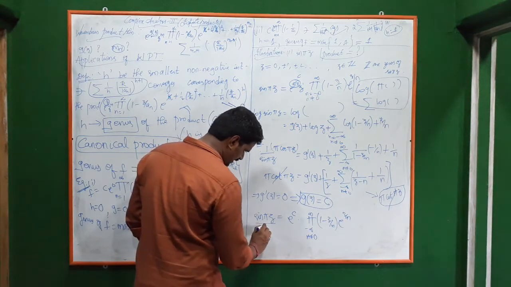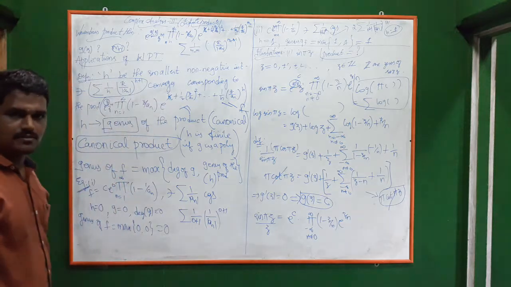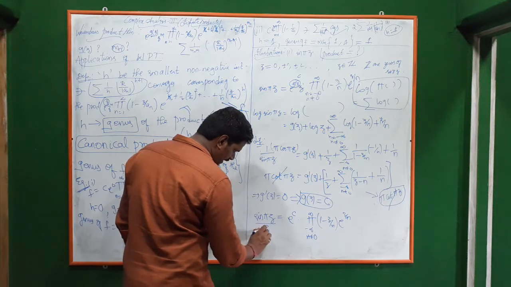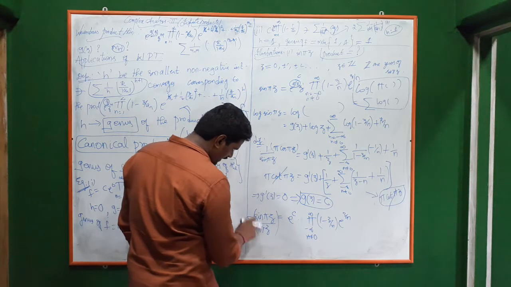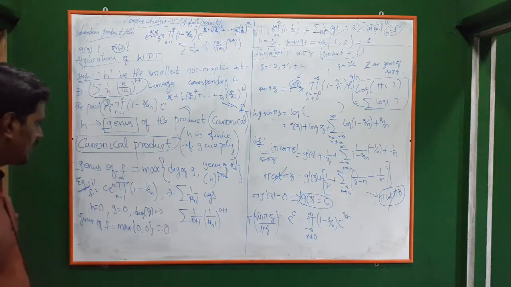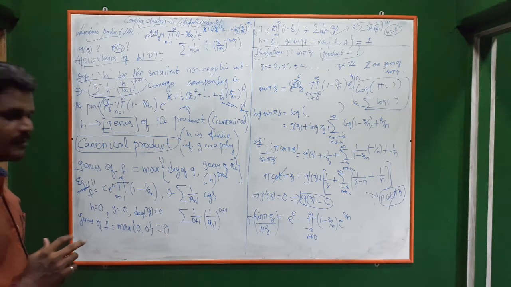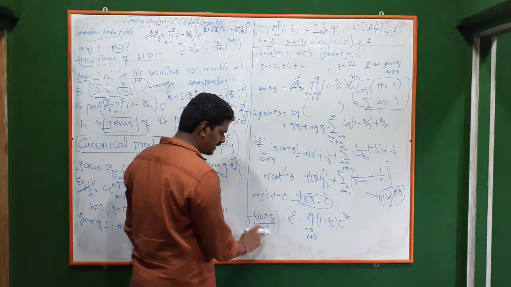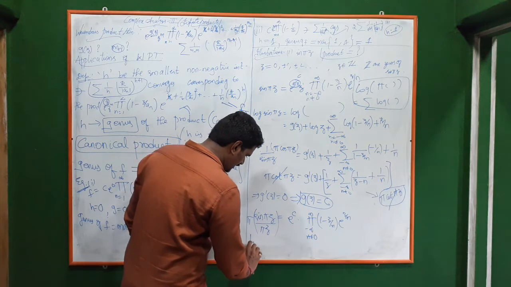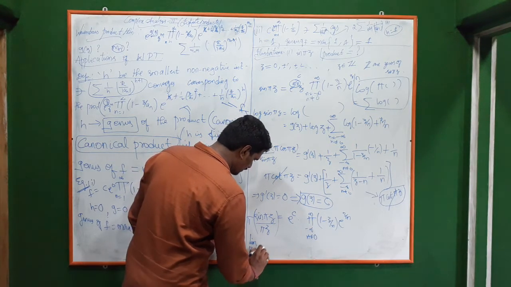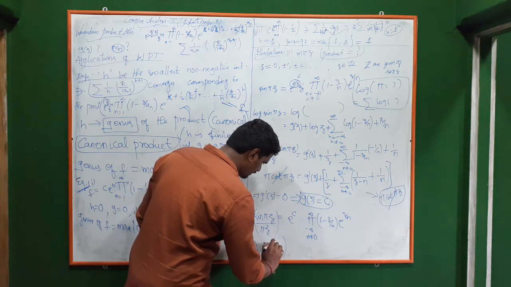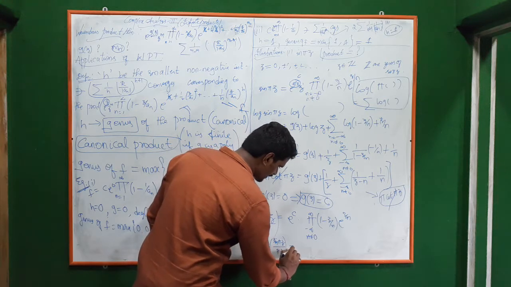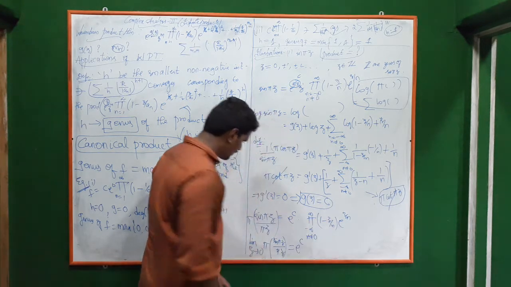We know something about this, correct? Sin z by z or sin az by az. So if you multiply and divide by pi, can you tell something with this? Sin z by z as z goes to 0, the limit will be 1. So here, as z goes to 0, sin pi z by pi z is 1. So limit z goes to 0 of pi times sin pi z by pi z, this limit is 1, is equal to e power c into